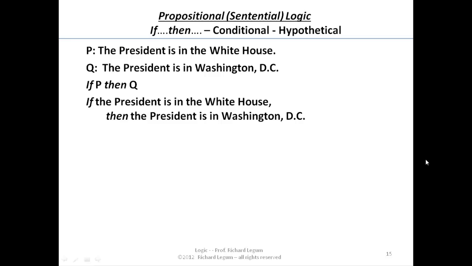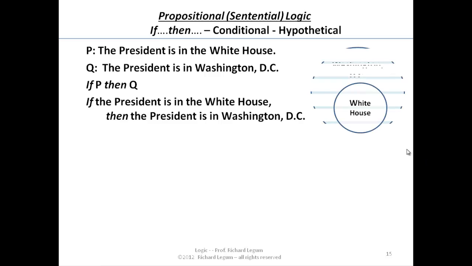Now let's keep in mind that we're talking about the conditional proposition. If P then Q, in this case our P being the president is in the White House, Q the president is in Washington D.C., and hence our conditional is if the president is in the White House, then the president is in Washington D.C., which is telling you that